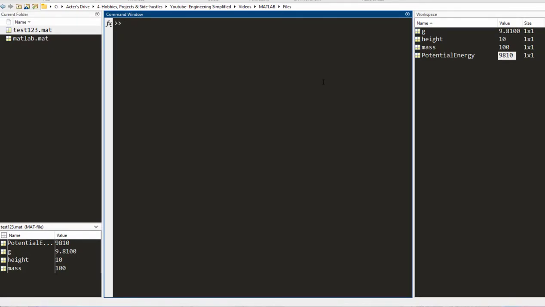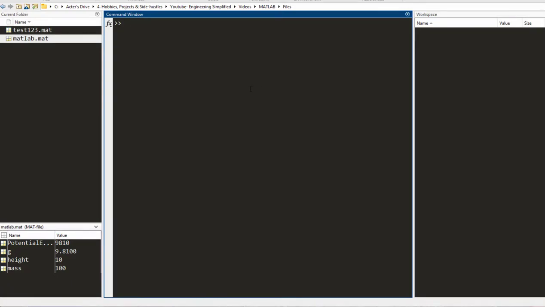Just one last thing I want to tell you guys is that there are times when you are working on MATLAB for hours and hours and you create a number of variables. There may be times when you create several dozen variables, but you don't need all of them in the future. You just need a few of them. So let me make a few of them. Let's say x is 2, y is 3, and z is 4. Oops, I forgot to write the terminator operator here. Anyways, so I've got these 3 variables, but I only need to save one of them.